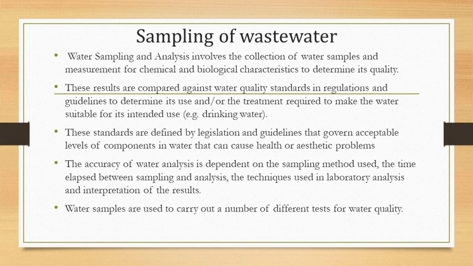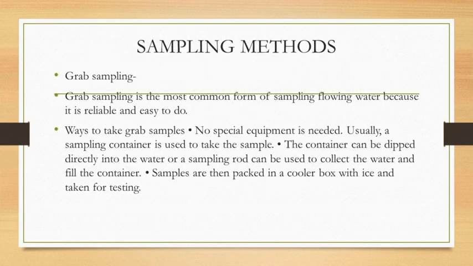So these composite samples are collected to determine the characteristics of wastewater, and also to establish the wastewater pollution load for designing of a treatment plant. For designing a treatment plant, like a sewage treatment plant or wastewater treatment plant, we need to determine the characteristics of water, and for that we generally use composite sampling for the collection of wastewater. So these are the two methods of sampling which are used for the collection of sewage and wastewater.